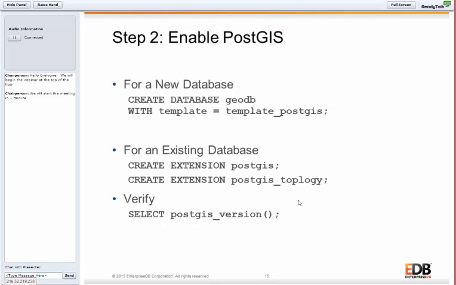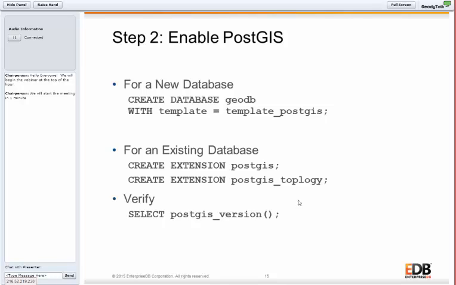And then afterwards, we need to verify PostGIS is installed. We just run this PostGIS version function, SELECT postgis_version. What you'll see when you run that is very similar to the SELECT version function in Postgres. If you use that, the syntax is the same. That's going to show you the PostGIS version that's installed. And then you're also going to see a couple of different libraries that PostGIS relies on. The two common ones are proj4 and GEOS. Coordinate geometries and relationships between geometries come from the open source GEOS libraries, and then proj4 will handle map projections.